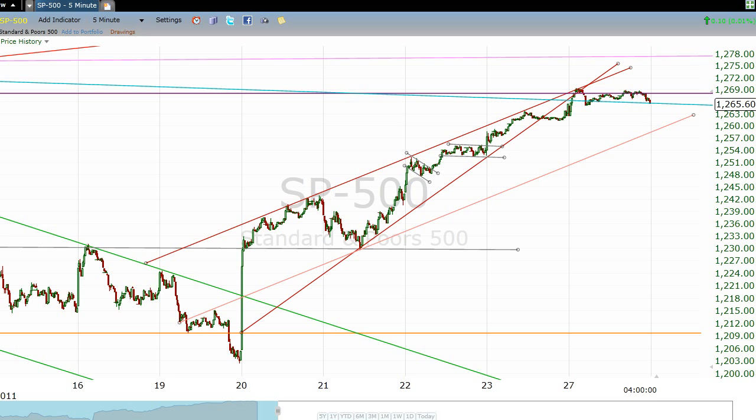Okay, we're looking at a 5-minute chart, and you can see the market's really just flat today. Nothing really much happened. We are up in this mid 1260 area where we are expecting either some resistance or a breakout. And today it looks like for right now that resistance is winning. This purple line right here,